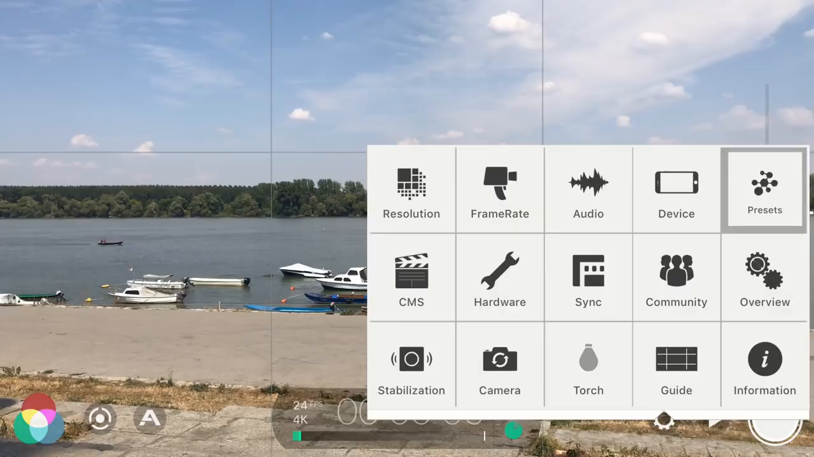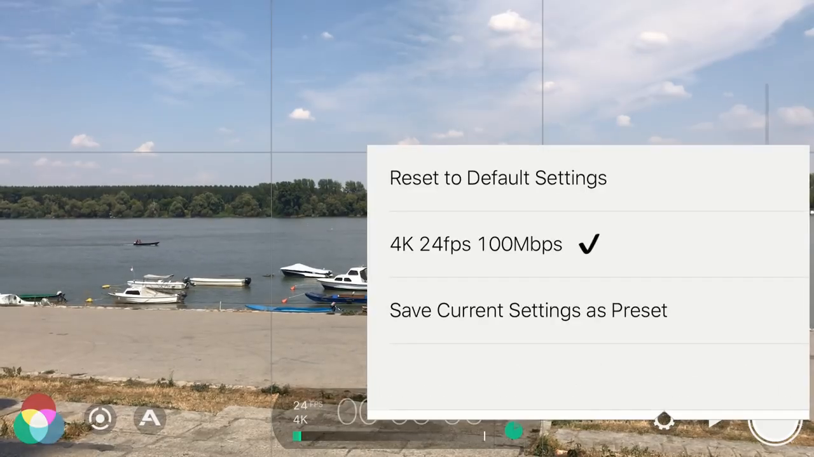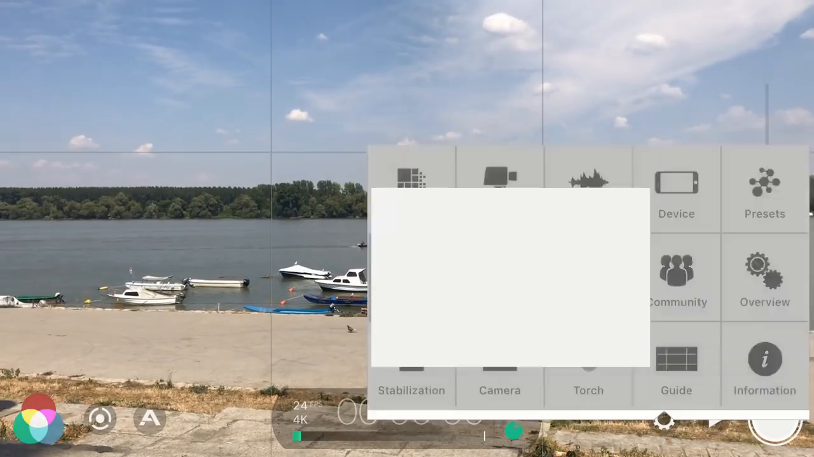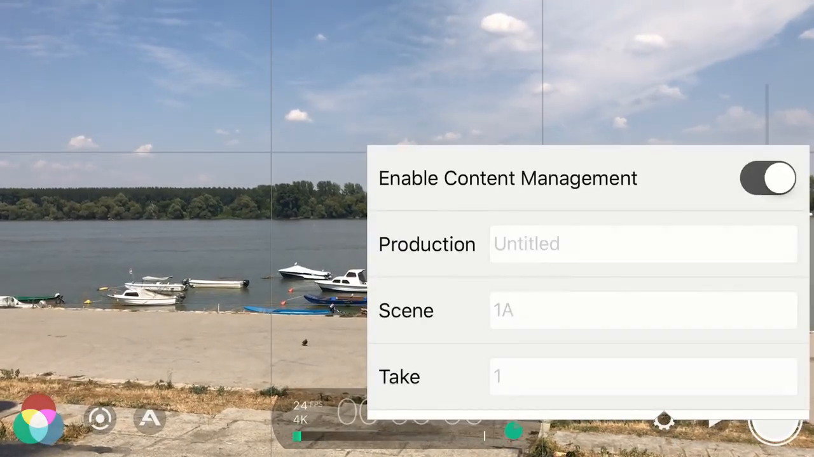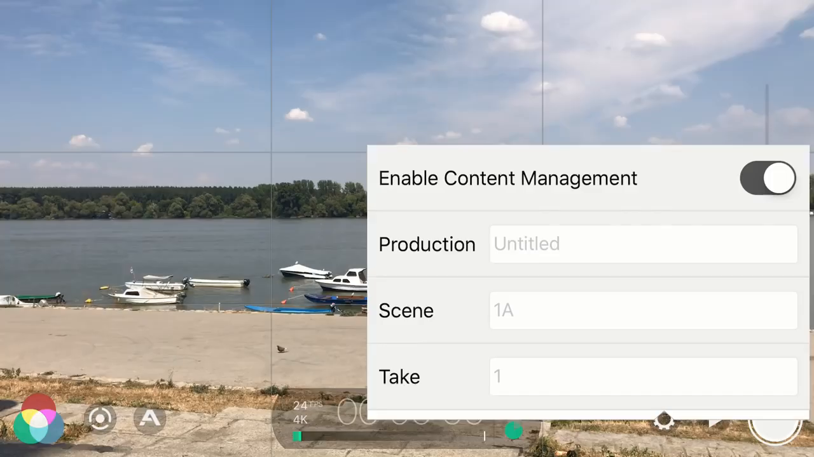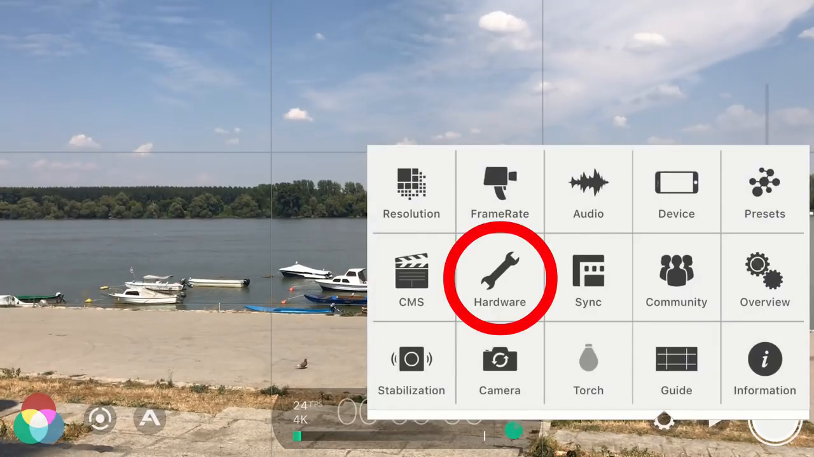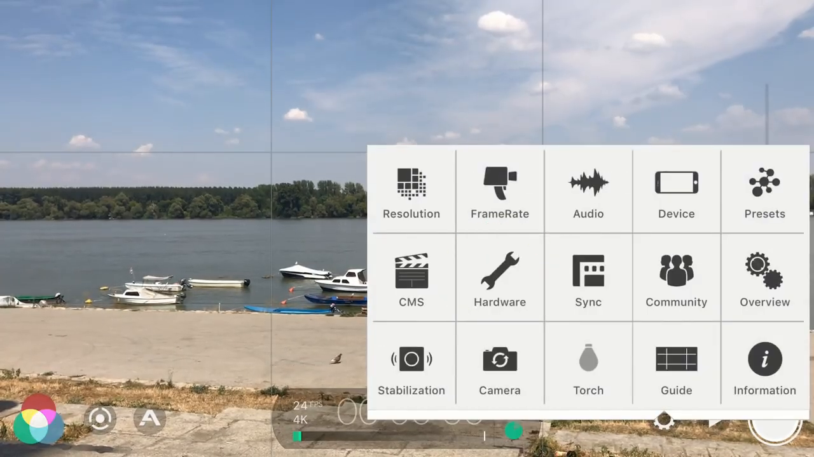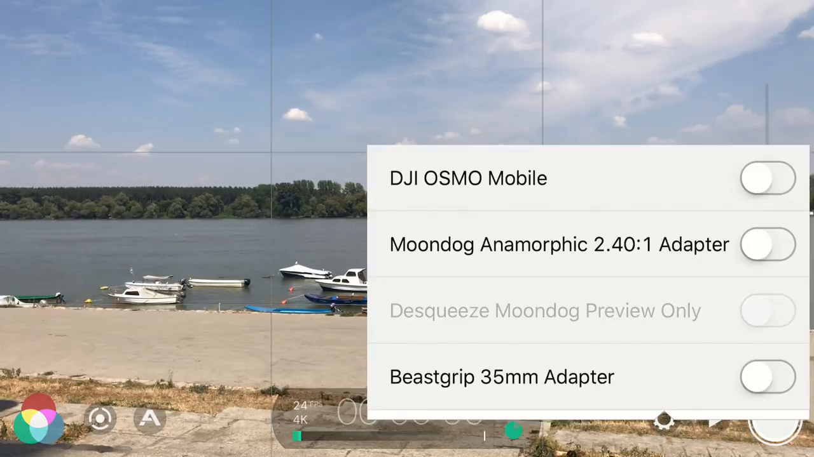Tap on Presets to save particular combinations of settings as custom presets to easily call up later. Tap on CMS to edit content management settings. Hardware settings enable FiLMiC Pro to be used with various external hardware options, such as the DJI Osmo Mobile, Moondog